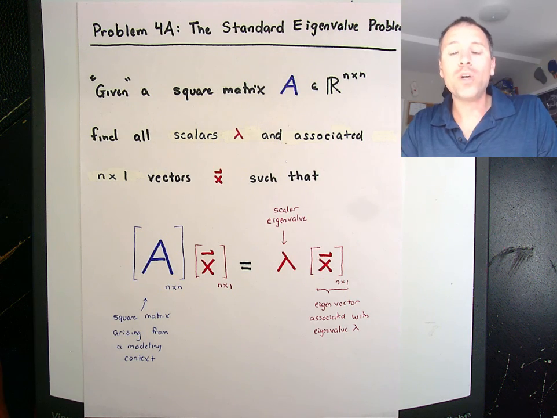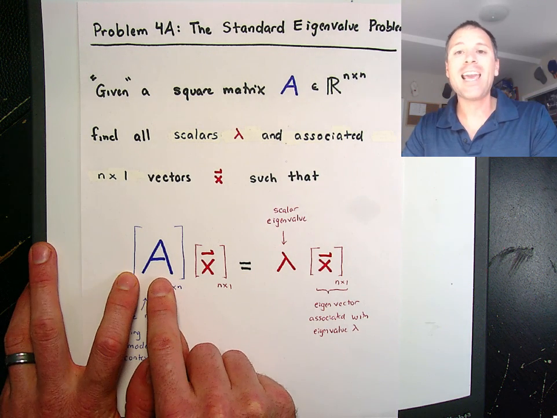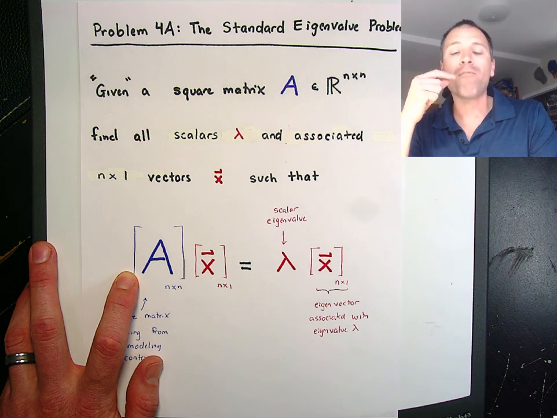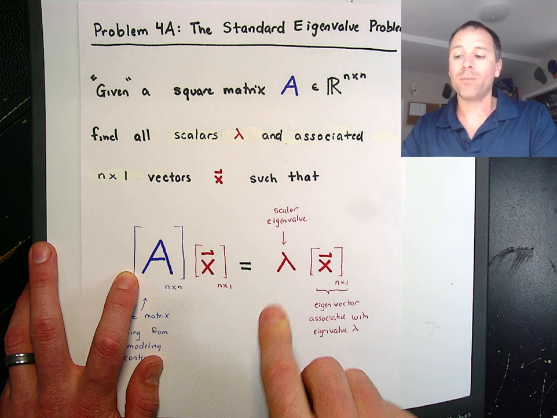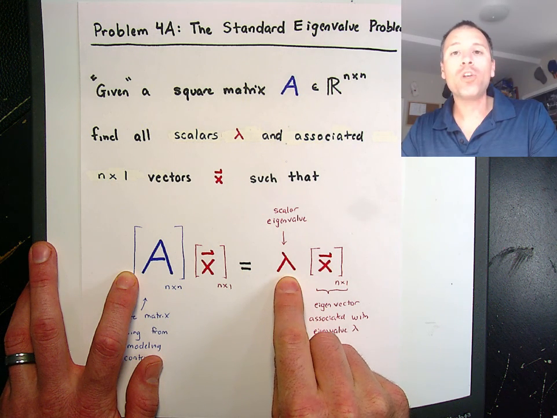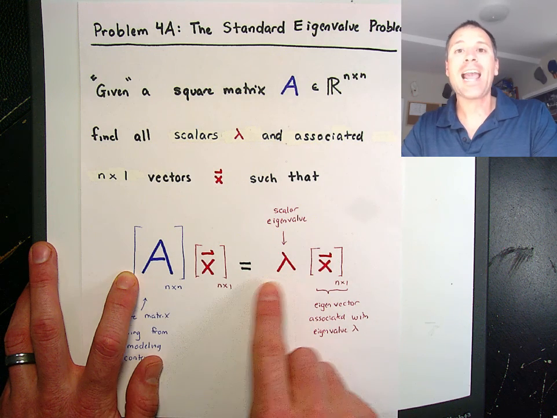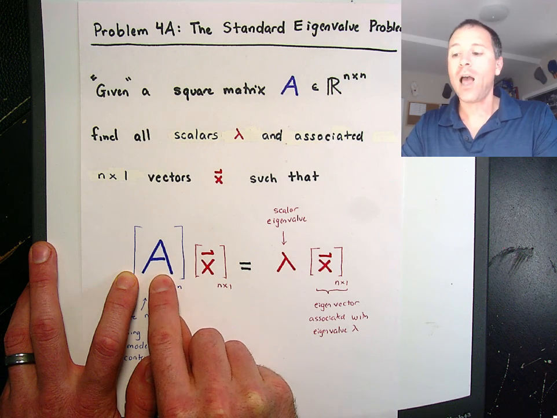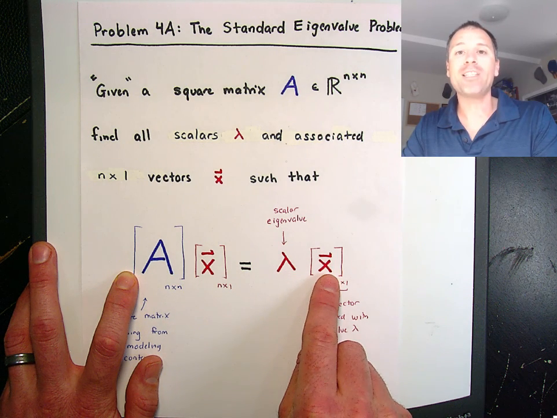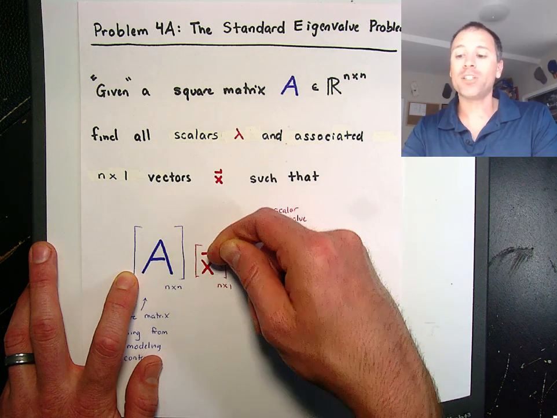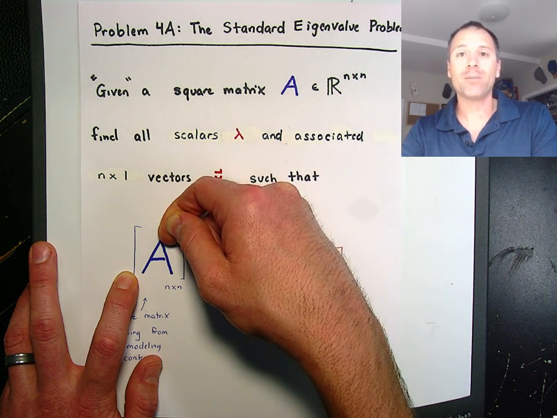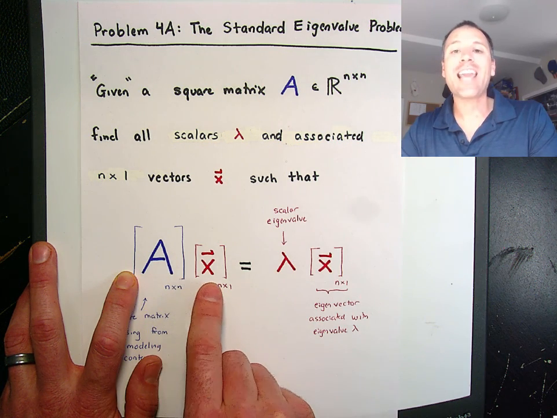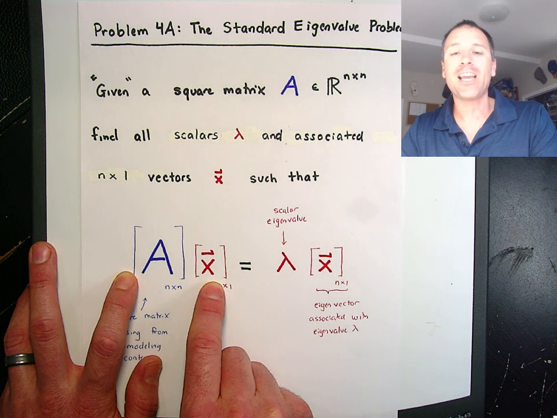Some fun intuition that I like to think about is if I imagined A to be an audio system and I imagine x to be the vector of my vocal input to that audio system, lambda could be the volume that the audio system puts out. In an amplifier, what I hope is when I put my voice into a microphone, the audio system amplifies my voice out. In other words, when I put that vector into the larger system, I get a scalar multiple of that vector out. The system only scales the vector. It doesn't fundamentally change the vector underneath.